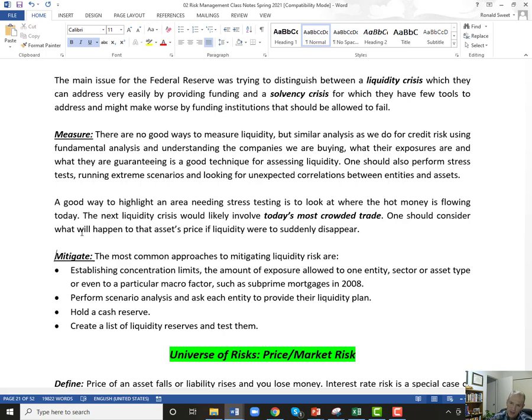So you're thinking about what your portfolio is exposed to, because when this market unwinds, I'm going to own stuff that I can't sell because it's right in the middle of the eye of the storm. You definitely have to run scenario analysis and ask the firms you're investing in what their liquidity plan is. Can they actually meet their requirements? You can hold a cash reserve. That's really expensive, especially today when cash is making you almost zero. That's a tough one.